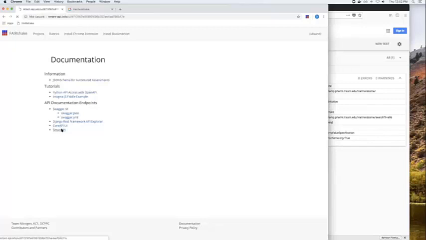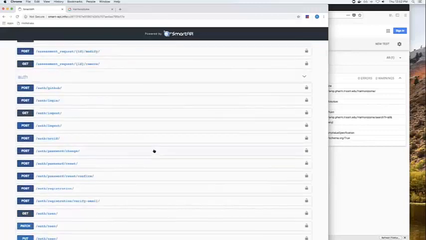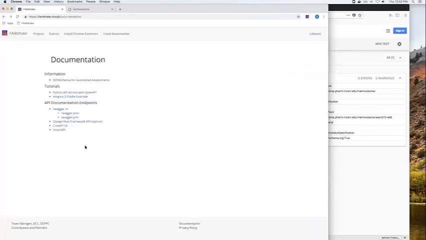We also use Smart API to document our REST endpoints and other community standards such as Core API and Django REST Framework API Explorer.